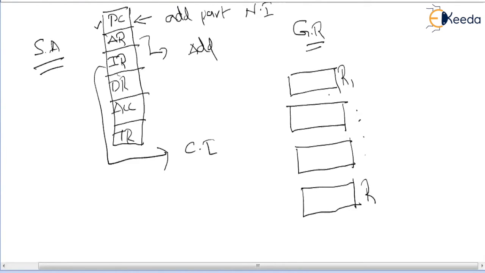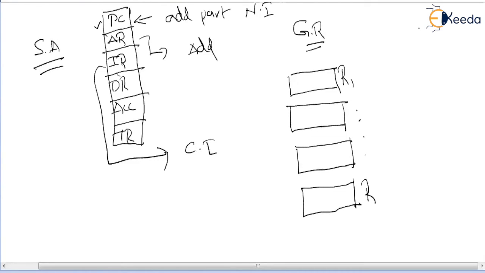Here I am not identifying a specific name for these. That means these registers are allowed to store anything. These registers are purely general purpose registers. Here we can store anything.